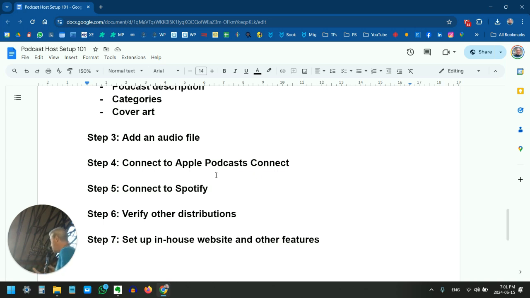Maybe you have another app that you like to use. Virtually all of those apps are pulling their data from Apple Podcasts, and that's important, which means we have to make sure our new podcast here is set up, connected, and distributed to Apple, and then Apple will send it on to all those other podcast apps. So to do that, we need to go to Apple Podcast Connect,